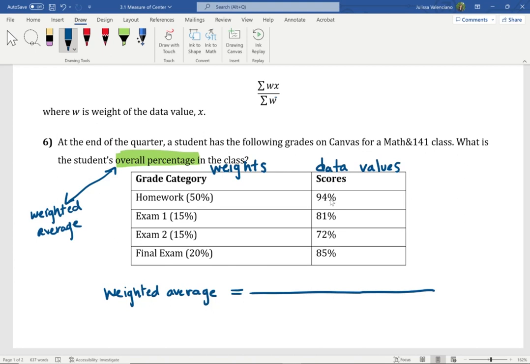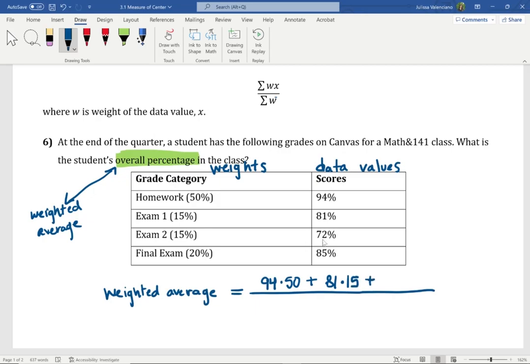To compute the weighted average, we take the sum of each of the data values times its corresponding weight. For example, we have the data value equal to 94. The weight for this data value is 50. So we're going to multiply those two values. Plus, we take the data value 81 and multiply it by its weight, which is 15.